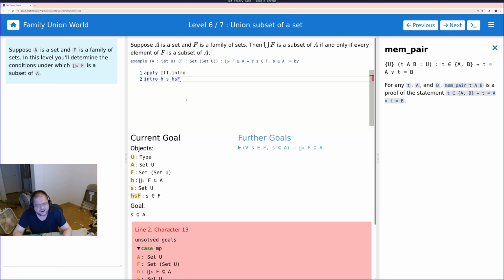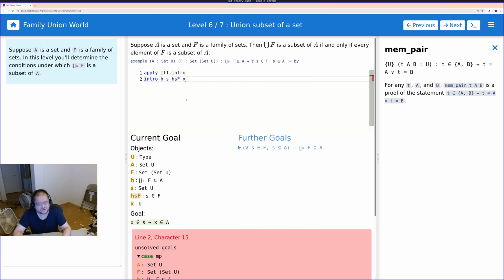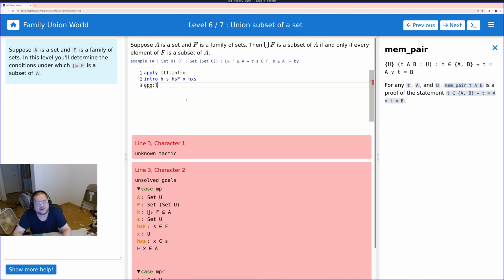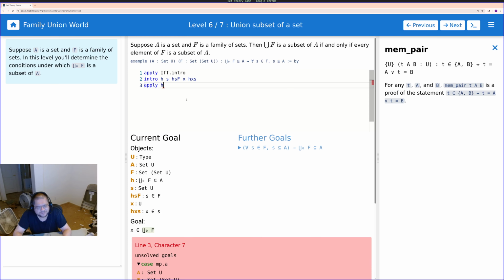Okay, we're going to prove that S is a subset of A. So we have a set S, both in F. Yeah, so here we're going to do continuously intro. Okay. This should make it easy. So I think at this point I want to apply H. Okay, at this point I want to invoke the fact that it's an S. That